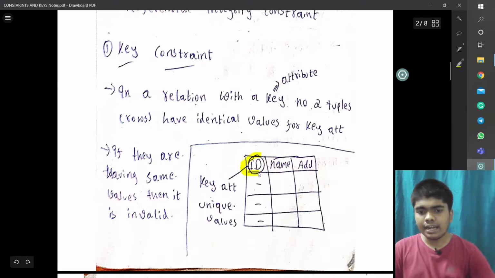Here the key is ID. With the help of this key I can find a person: I enter the number 313 and it shows Madhav, who stays in Vijayawada. A key constraint is about what we can pull out with the help of a particular key.